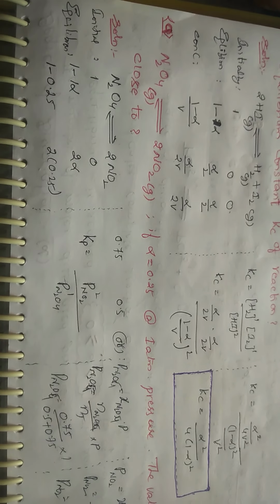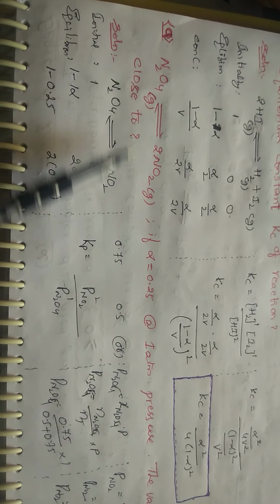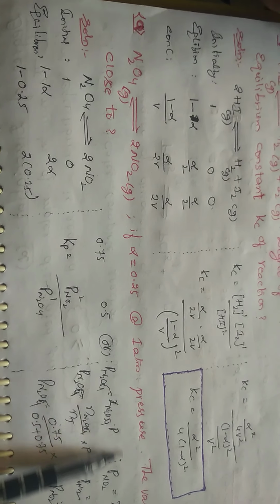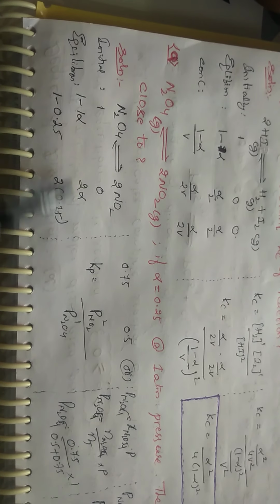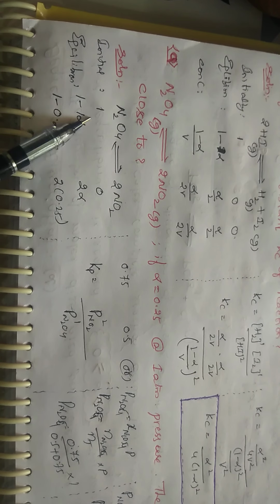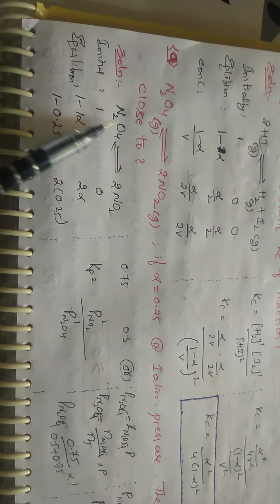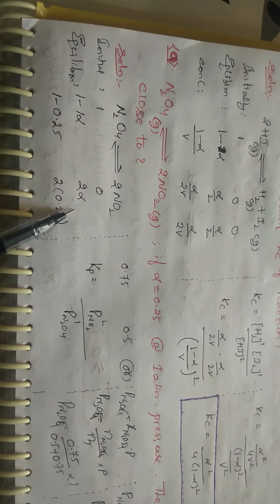See, let us take one example with respect to the Kp value. N2O4 is converted to 2NO2, if alpha is equal to 0.5 at 1 atmospheric pressure, the value of Kp is close to. Okay. Let us take the equation N2O4 getting converted into 2NO2. I am taking it as 1 mole assumption only. Here also I have taken 1 mole. I am not bothered about the equation. 1 mole. From 1 mole, 1 alpha is going. So if it is 1 then 2 is forming. So 2 moles should be formed.